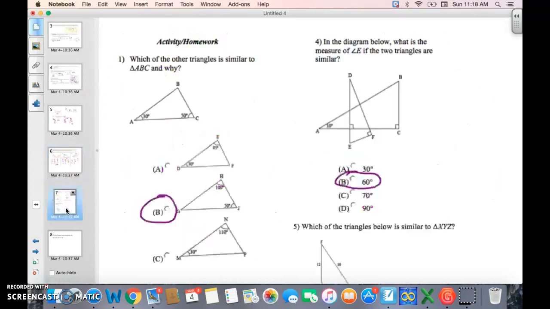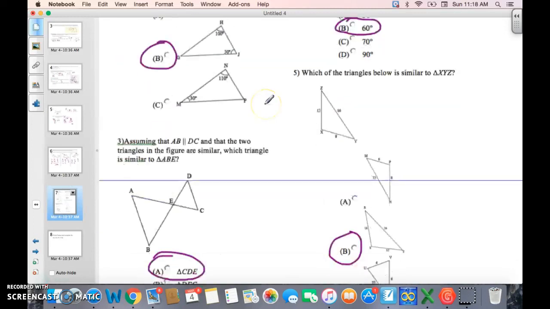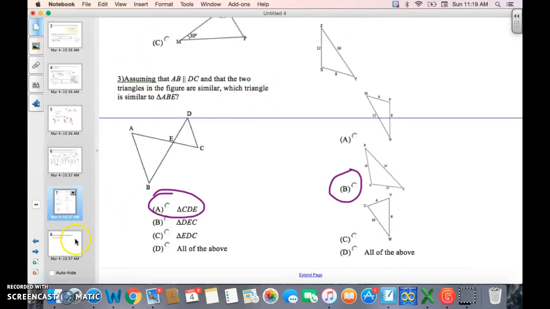You can go ahead and finish your activity and the homework. Make sure you have these answers, and then here is